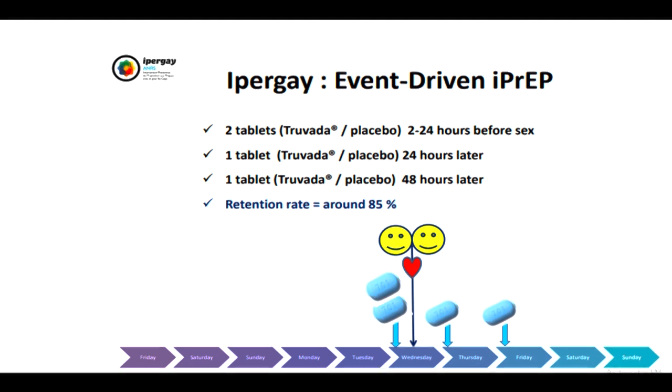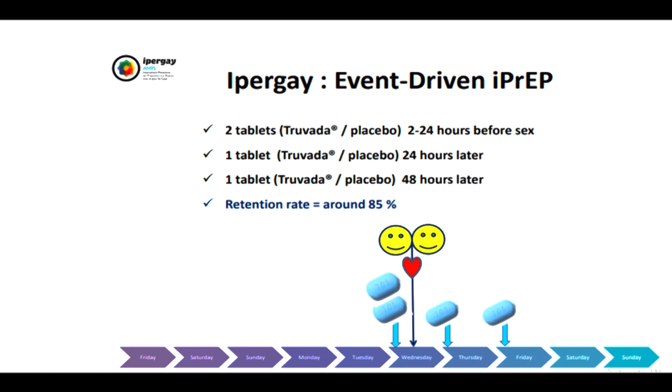Now, one other way PrEP is utilized. So most of the data that was shown on the previous slide has shown PrEP used as a single pill once a day continuously for HIV prevention. However, there are concerns about the need for daily use of medications, and if there are strategies where we can still achieve effectiveness in HIV prevention but limit the exposure to medications, and thereby improve adherence and possibly reduce side